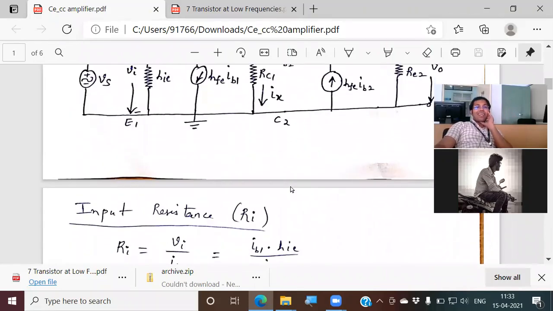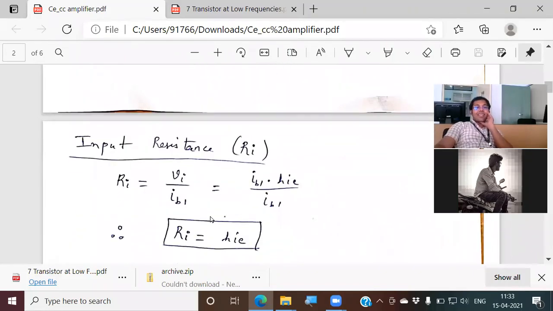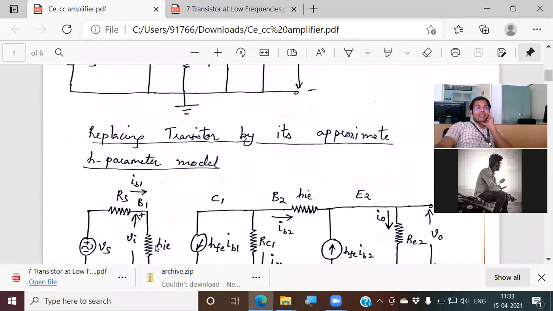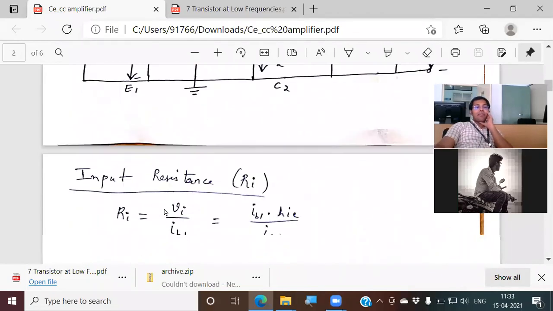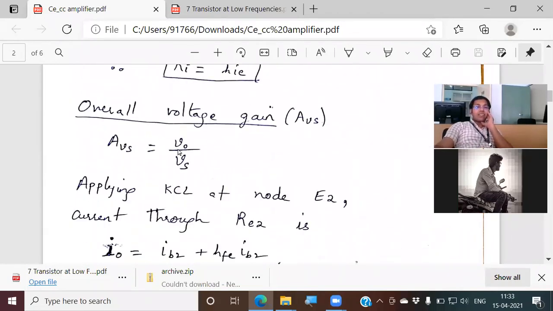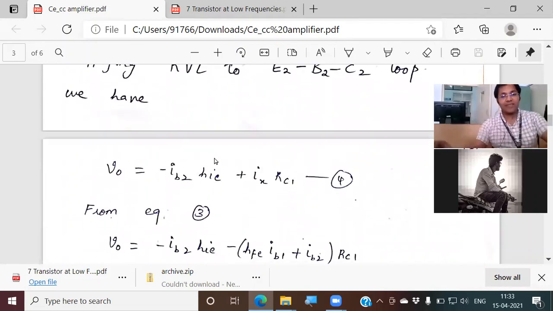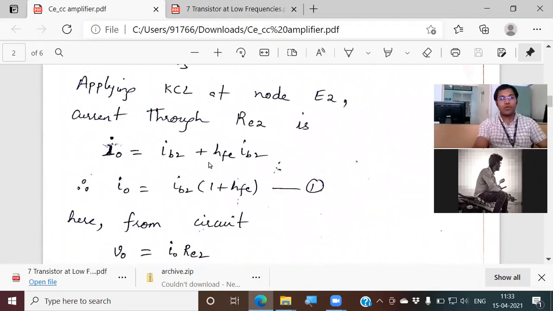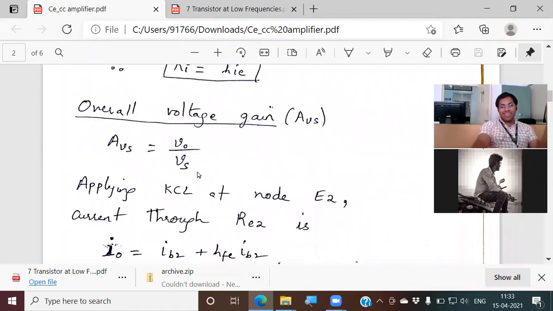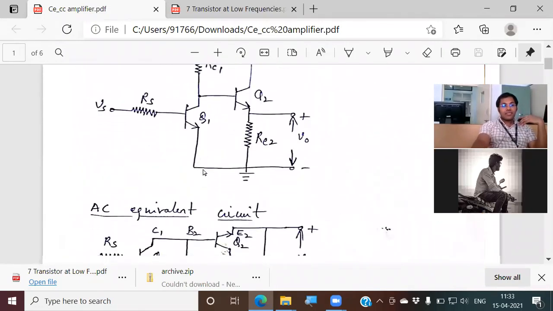All this we have seen in the previous class. Also, we analyzed input resistance, very easy, right? Directly you can see and tell. After certain calculations, certain steps of derivation, we obtained AVS. In the previous class we completed this also. AVS, how did we do? We took it as V naught by Vs. Okay, AVS is V naught by Vs. We have seen this here.